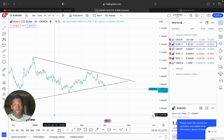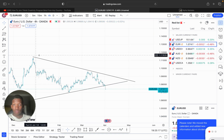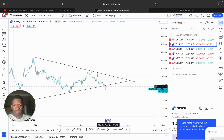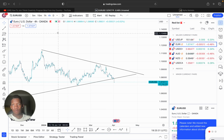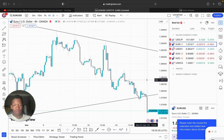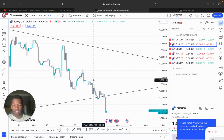Okay, so like I said, we're only looking for sales right here. We can see the market overall is heading in a downward position, right? So we have 1, 2, 1, 2, 3, 4 touches. We can see that it just broke here on the 4 hour time frame, but on the daily time frame it didn't break. But you remember, risky traders like me right now, what we would do is simply enter